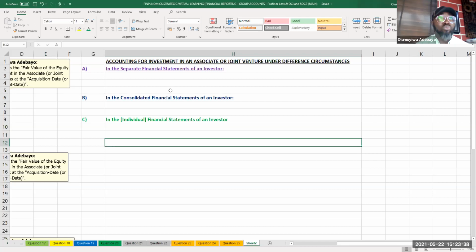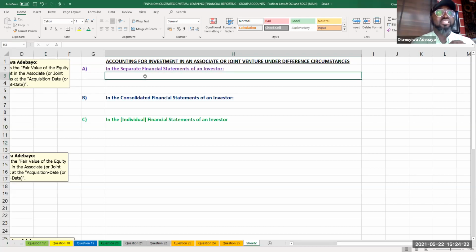Consolidated financial statements as is, financial statement. The essence of that is where a parent entity that has investment either in associate, joint venture, or subsidiary can account for such equity investment at cost, or preferably account for it in line with IFRS 9, which is at fair value. Which means in the individual financials, in the separate financial statement, they account for equity investment in associates, joint ventures, and subsidiaries at cost in line with IAS